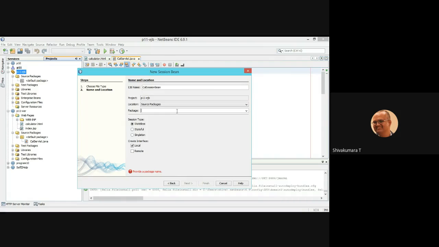It needs the package to differentiate between the interfaces. So give the package as mypack, and click on finish.